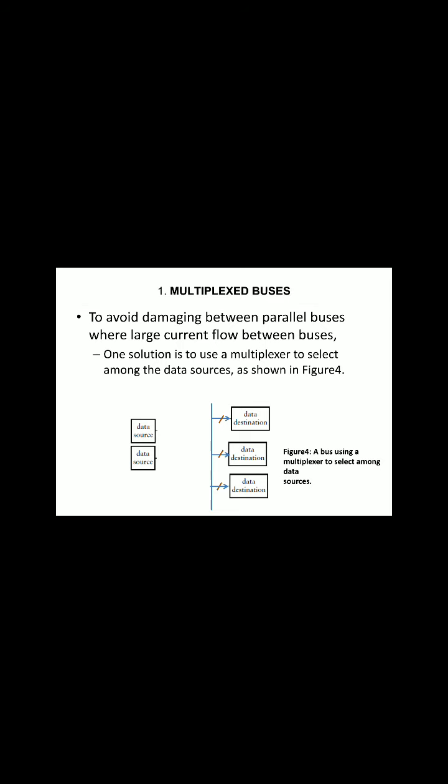See, the bus is passing the output connections. How is this done? This is done with the help of a multiplexer. Instead of directly giving the outputs of the data sources to the bus, we'll be giving the output of the multiplexer, which selects the data from these data sources. Depending upon the control signal, the select line, the multiplexer will pass either the signal from data source 1 or data source 2. From this we can avoid wrong data transfer.